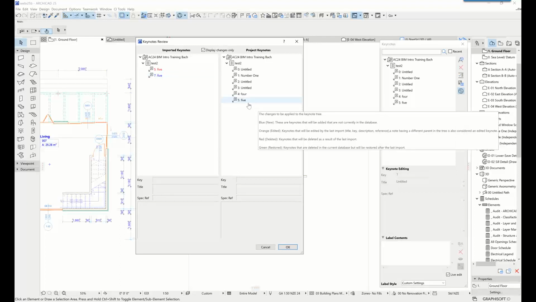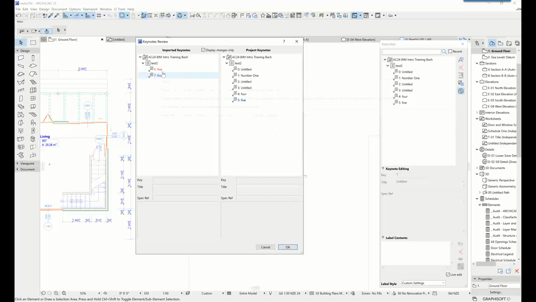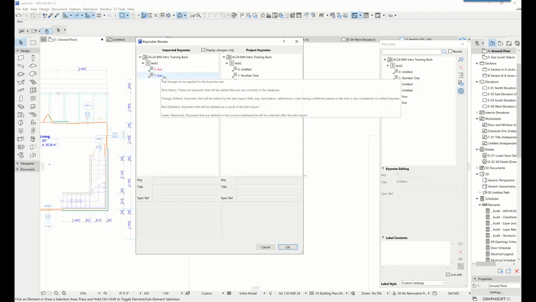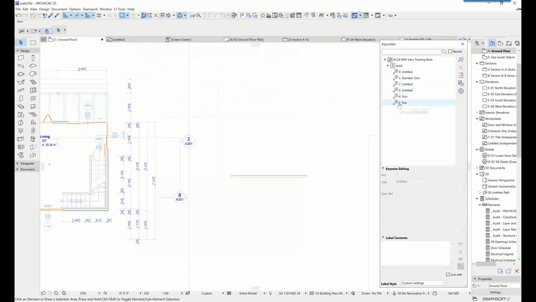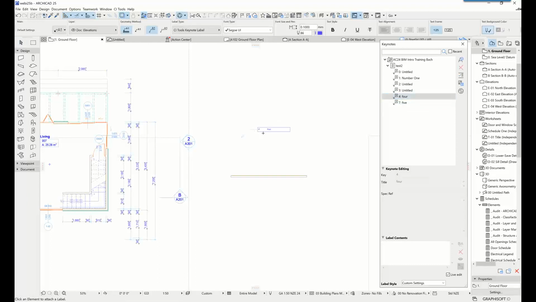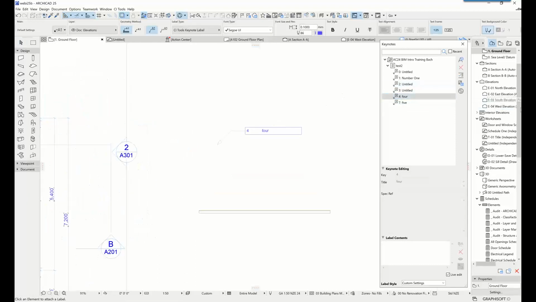So because there was no GUID attached to that note, it wasn't able to tell that there was a change to an existing note. It sees it as 5 having been deleted and 7 having been created. So if I hit OK now, 5 will change to 7, but if we had any notes placed that were using 5, those are now orphaned notes, which is to say labels that have no note in the database anymore. So if I go through and I place down 4 here, for instance,